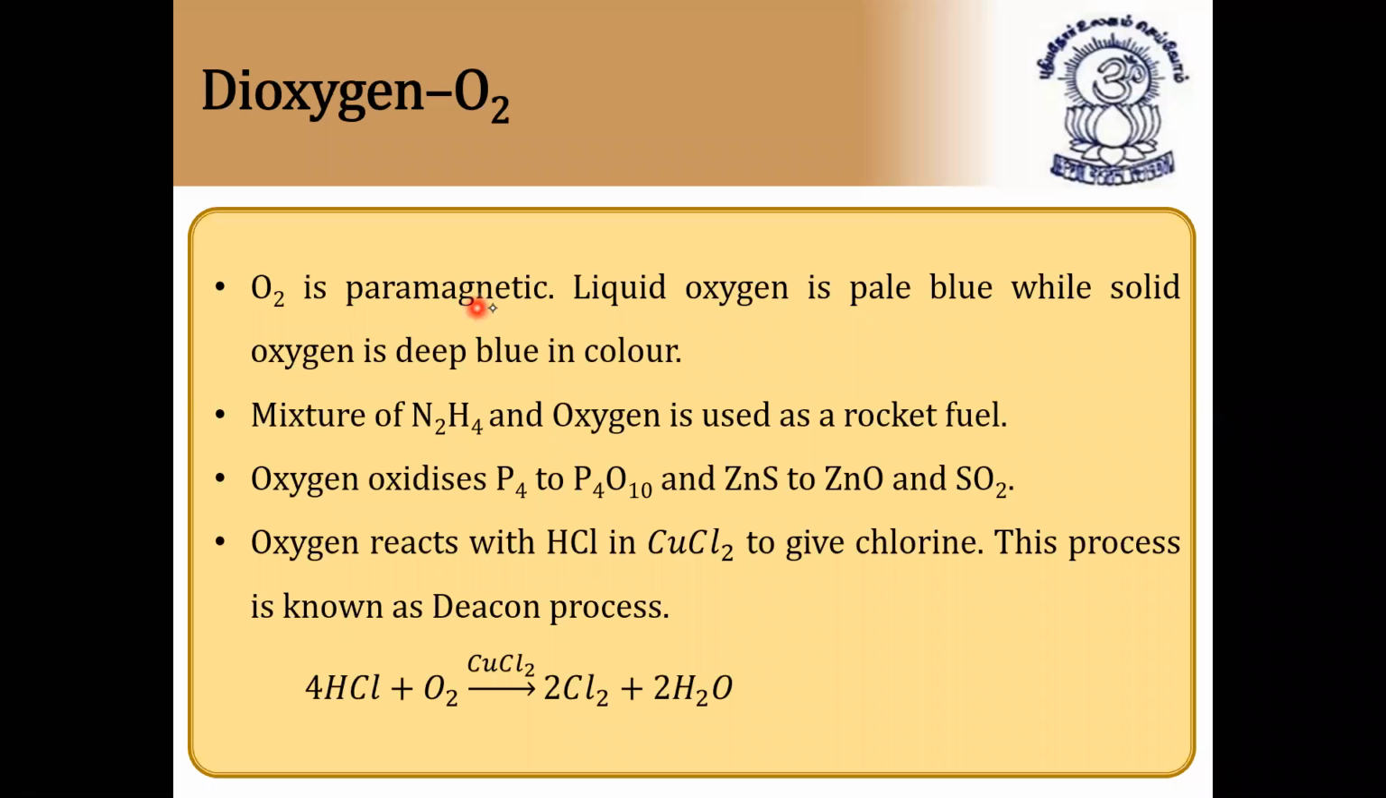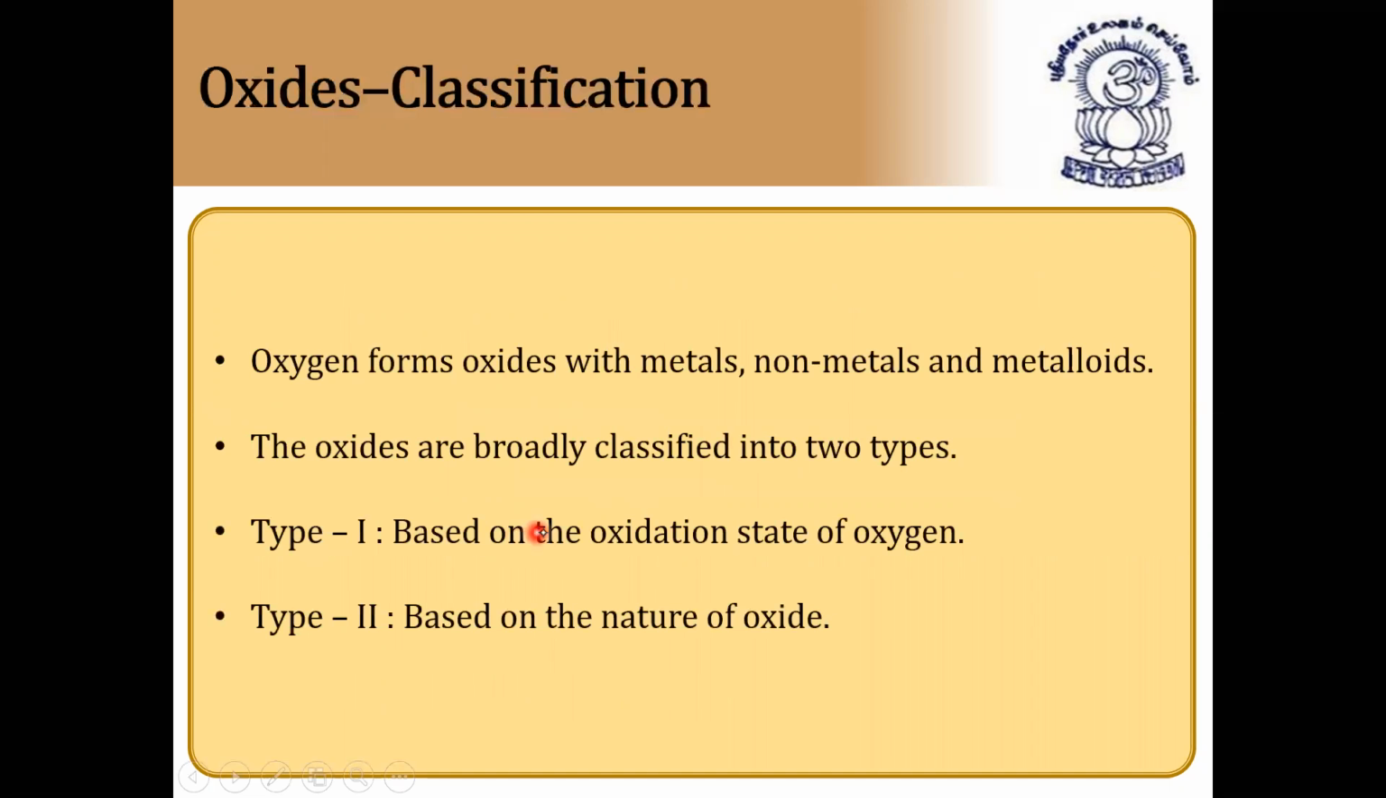Oxygen is paramagnetic because it contains unpaired electrons, and liquid oxygen is pale blue in color, while solid oxygen is deep blue. A mixture of hydrazine, that is N2H4, and oxygen is used as rocket fuel. Oxygen oxidizes P4 to P4O10 and zinc sulfide to zinc oxide and sulfur dioxide. Oxygen reacts with HCl in the presence of copper chloride to give chlorine gas. This process is known as Deacon's process. Next,